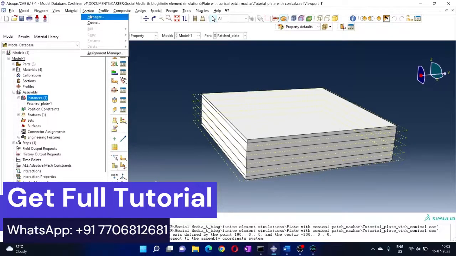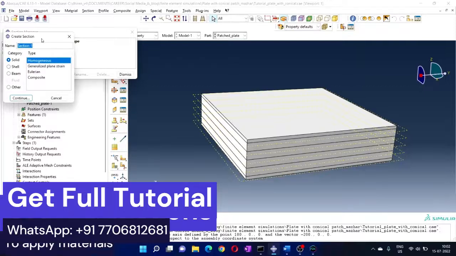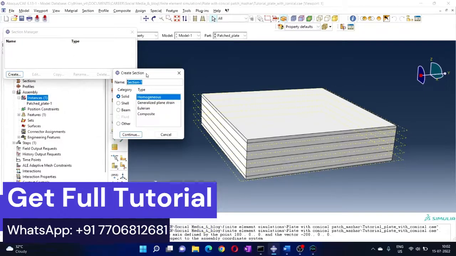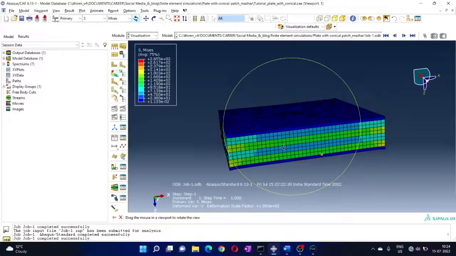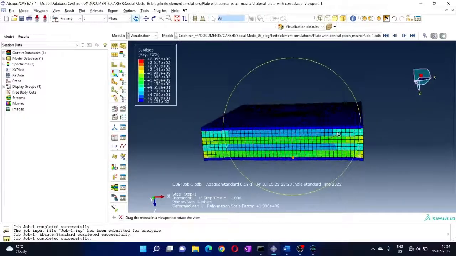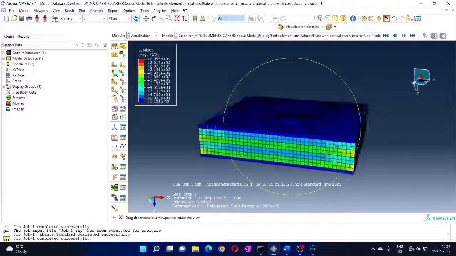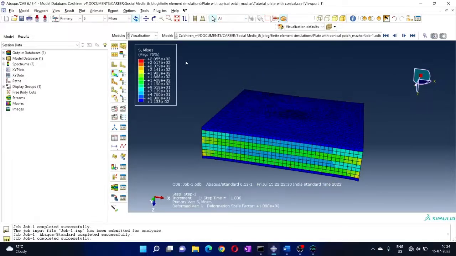Now let's go to section manager, create, and we are going to create sections. Okay. First, adhesive. Adhesive material will be solid, homogeneous. Okay. So this is how it looks like. And what you can do is select, you can select this one, Mises stress, and you can